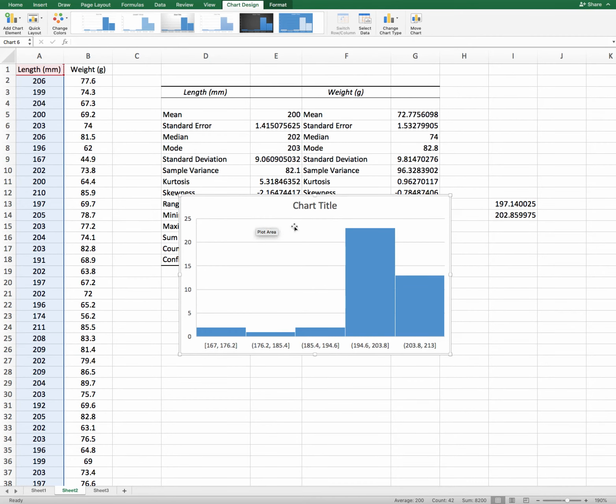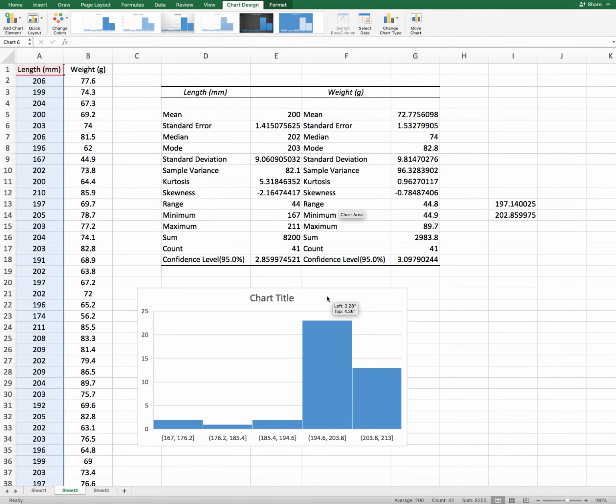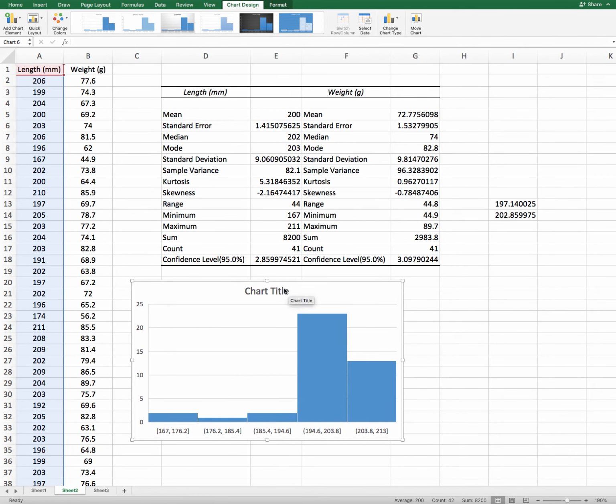From here you can easily see that it's highly left skewed, meaning negatively skewed. You will find a long left tail, so it's highly negatively skewed.